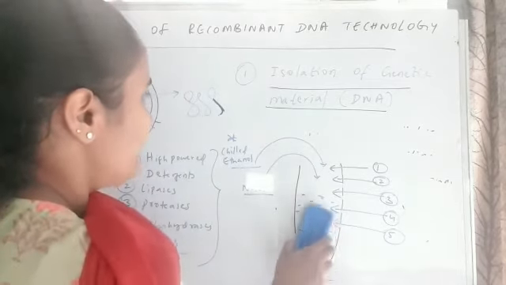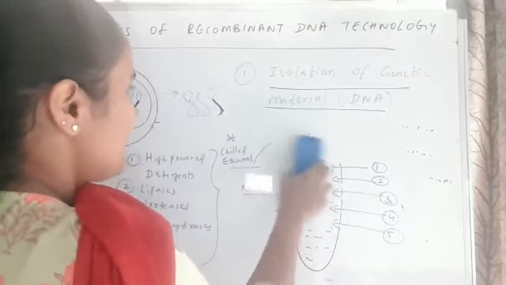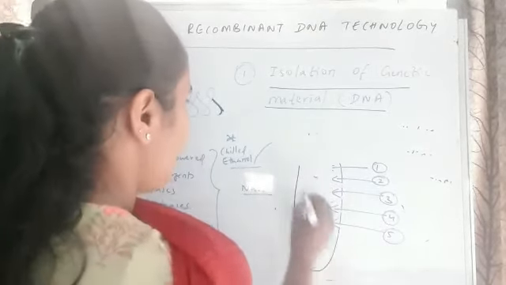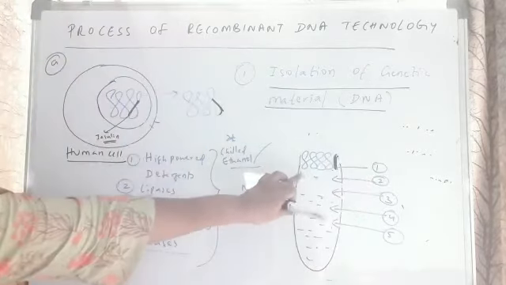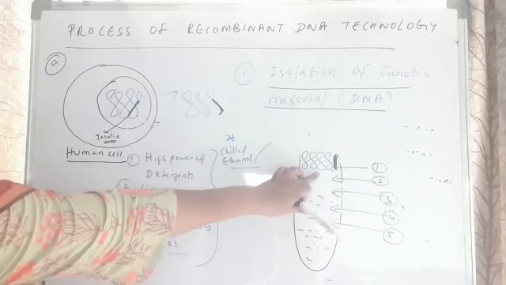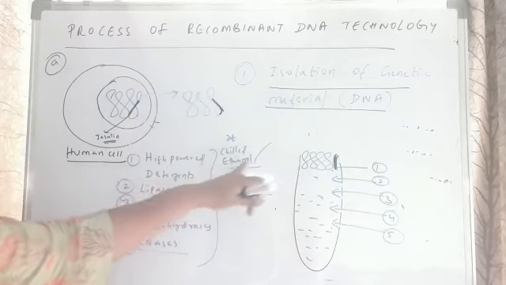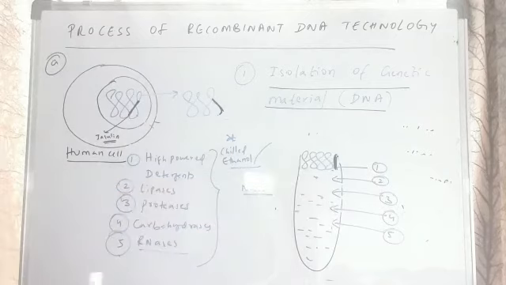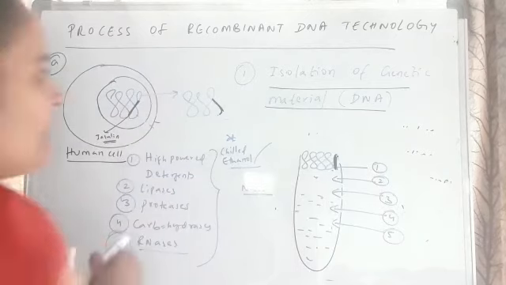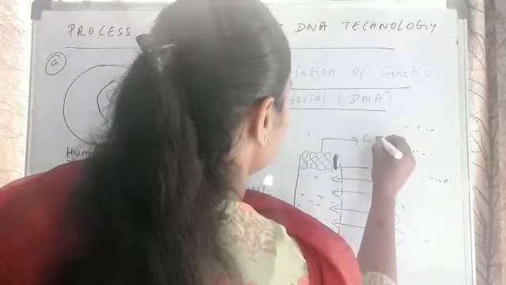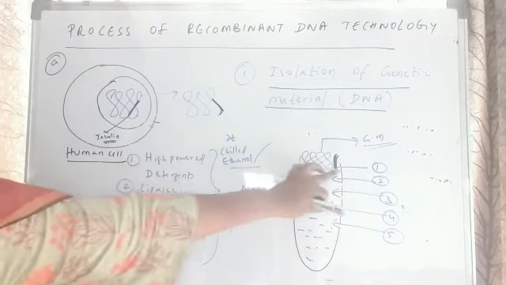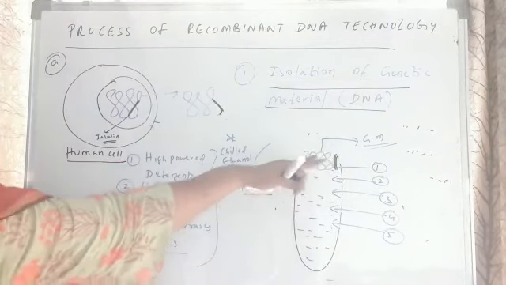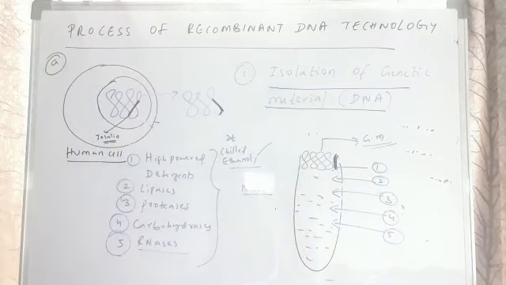So that means this DNA, whatever is there, is coming out in the form of a precipitate. So a whitish material which we can observe. Right. Now this whitish material which is precipitated out after adding the chilled ethanol is the DNA. So this is the genetic material which has been isolated. Now this genetic material is floating in the test tube, precipitating out in the test tube. So what is the next process is,